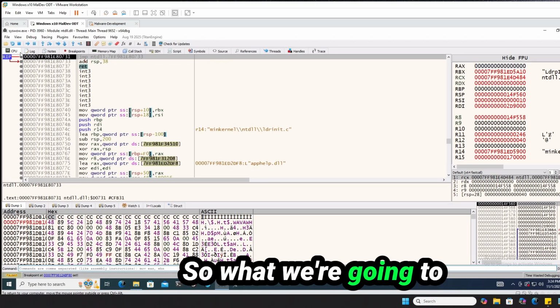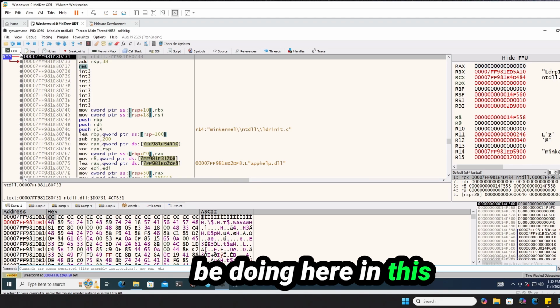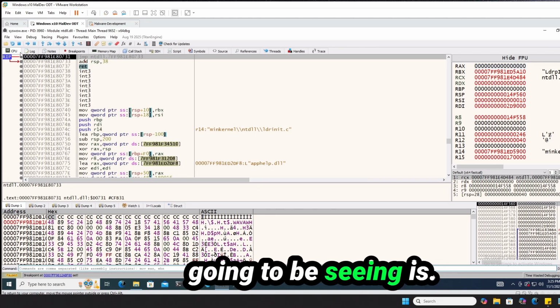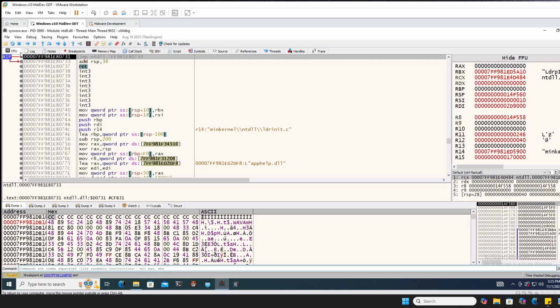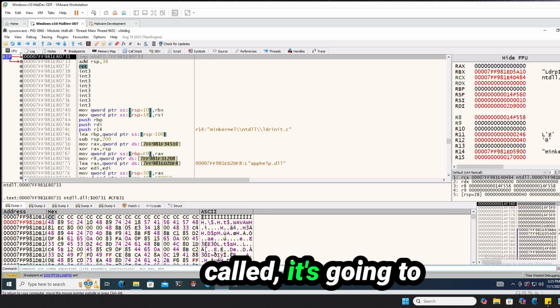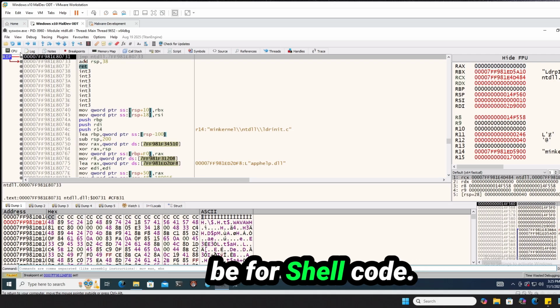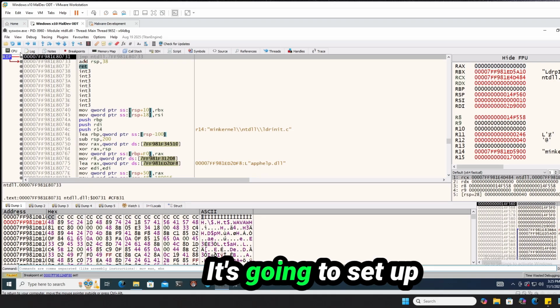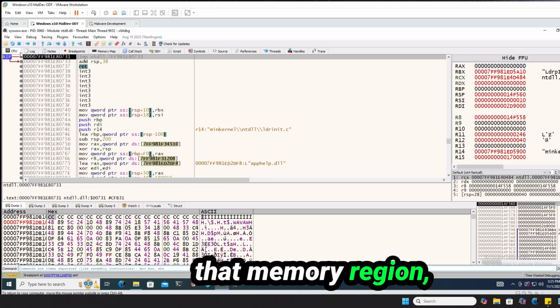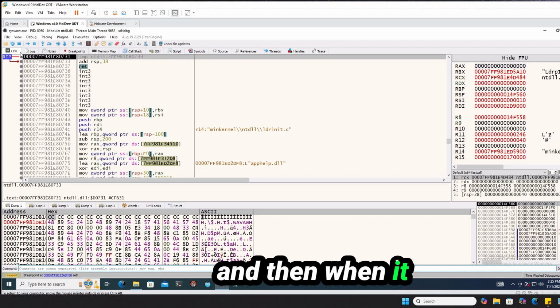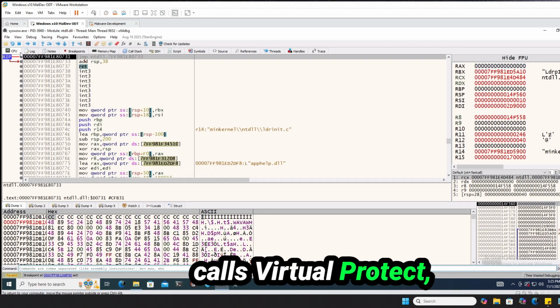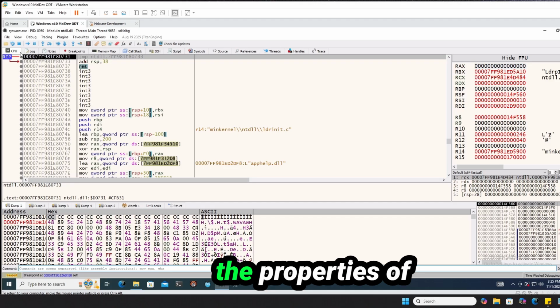What we're going to be seeing is when VirtualAlloc is called, it's going to be allocating that memory, and it's going to be for shellcode. It's going to set up that memory region, and then when it calls VirtualProtect, it's going to convert the properties